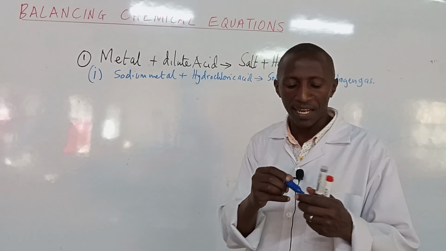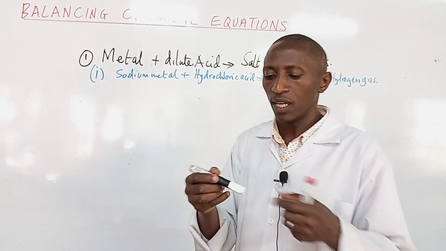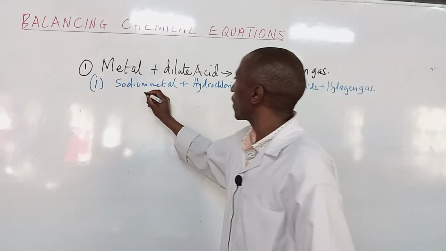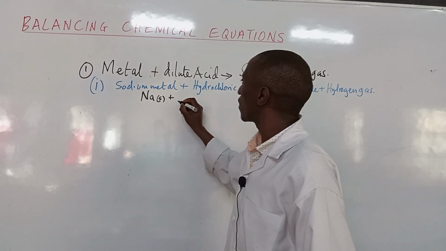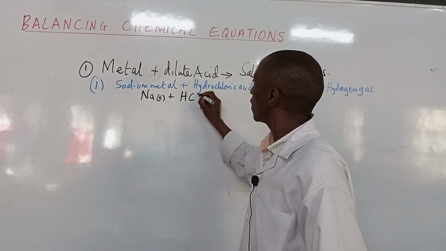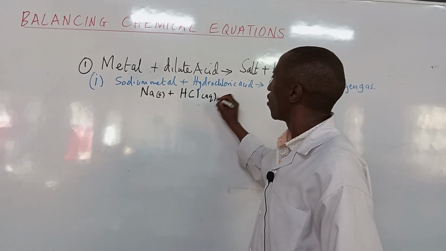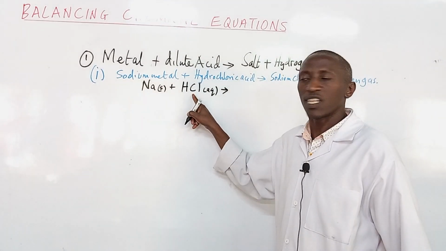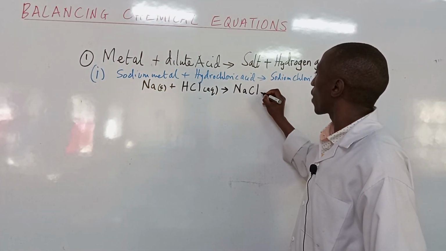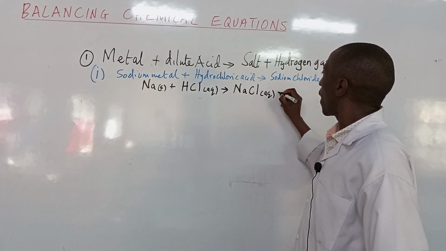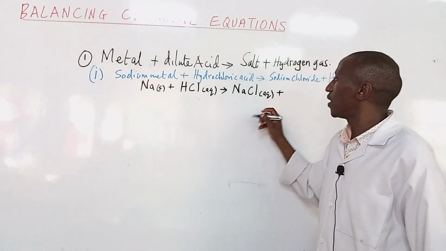Sodium chloride and hydrogen gas. Symbolically, this equation is represented as Na solid, for instance, and HCl aqueous for a dilute acid, and that salt will be sodium chloride, which is soluble, aqueous, that is in solution,